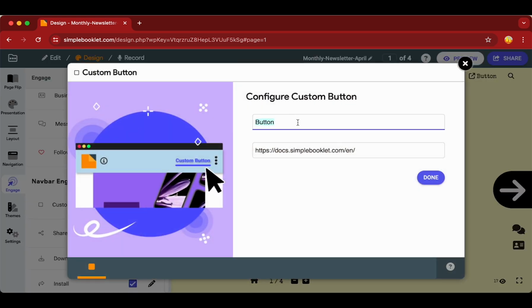So of course, you probably wouldn't call yours button, but just for clarity's sake, I use button for this. And then from there, you just get your URL that you want to use, whatever link you have, probably to your website, or maybe there's some supporting documentation, and that's where you would put that information. And so once you have that,